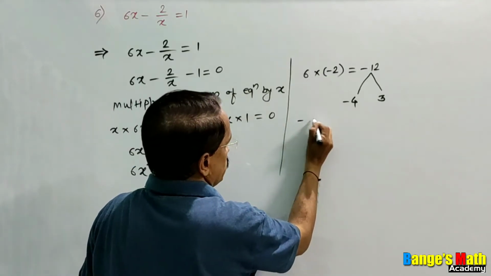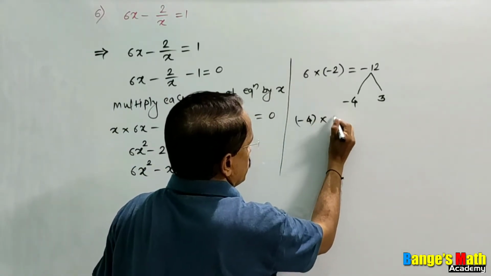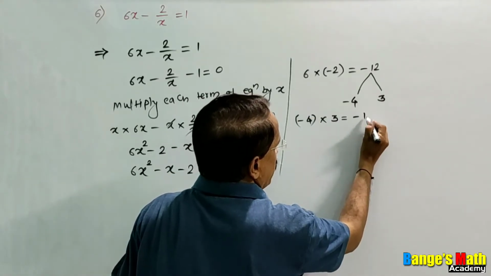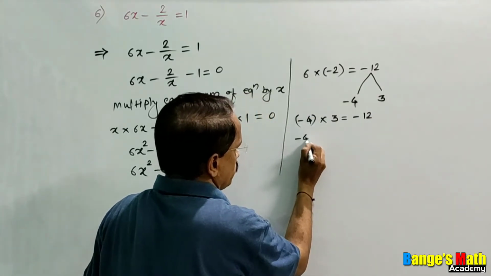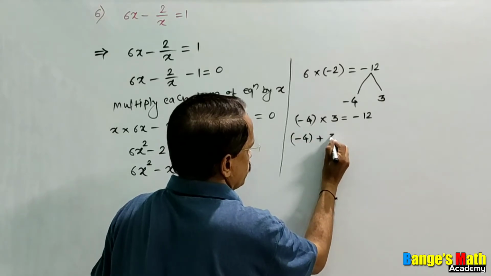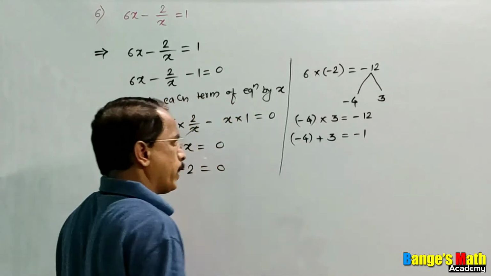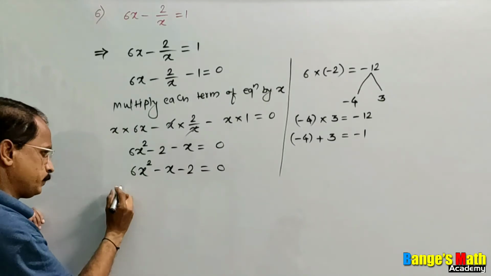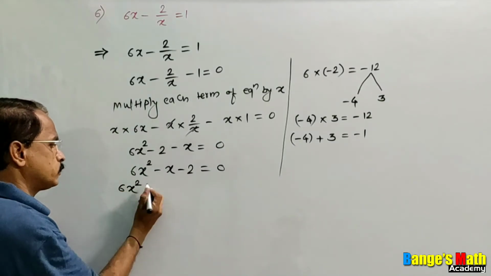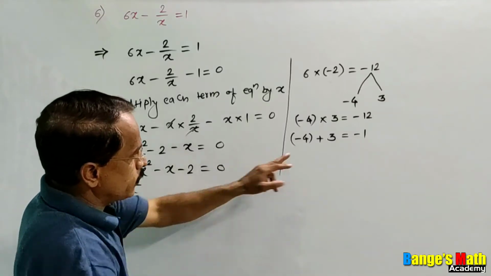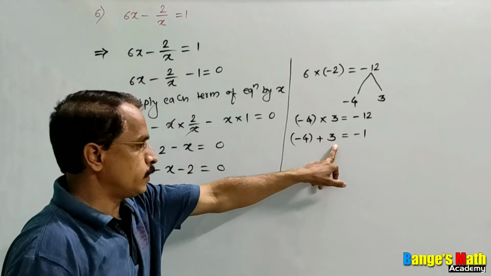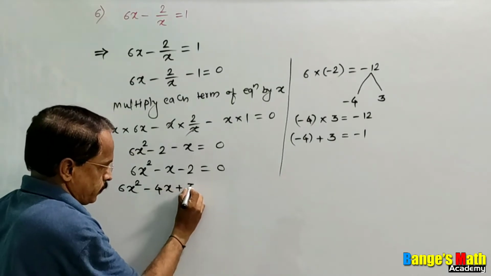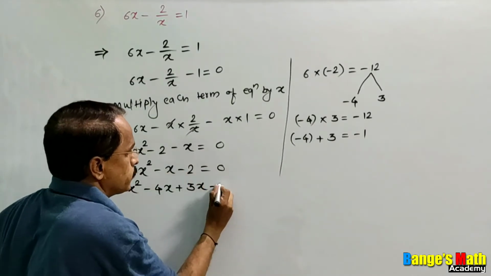If we take their product, minus 4 into 3 is minus 12, and their sum is minus 1, which is the middle term. Then write down the given equation: 6x square, minus 4x plus 3x minus 2